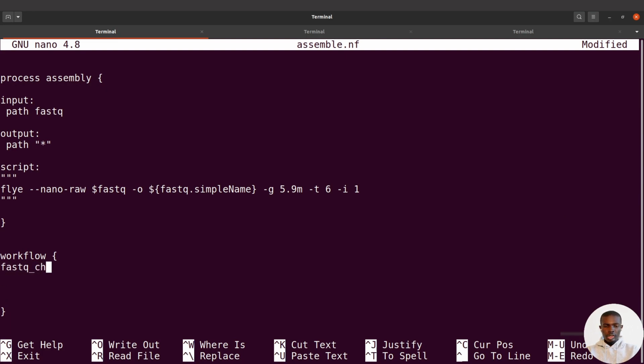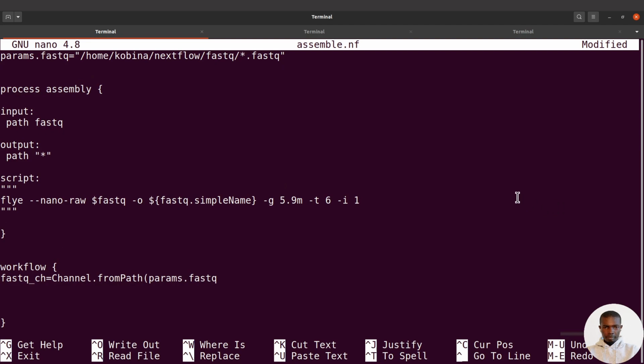FASTQ_ch equals, and then I'll say channel.fromPath. I bring a parenthesis and I'll say params.fastq. You know, we created a params here. So that is what we are bringing here. Like this. And then after that, we just close it. And then when we call the process, this one here,